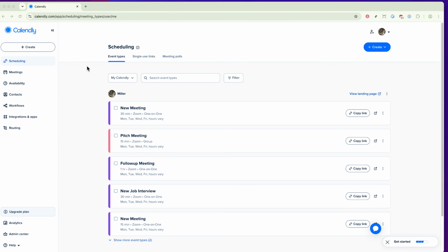Calendly is a fantastic scheduling platform that keeps your appointments organized, but editing an event might seem a bit tricky if you're unfamiliar with the process. Don't worry, I'll guide you step by step so you can make changes confidently and get the most out of